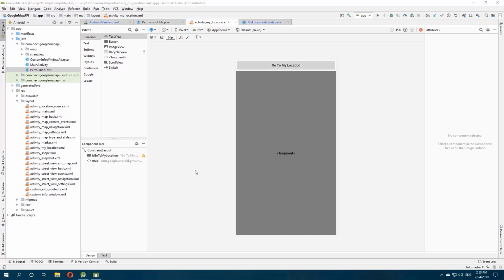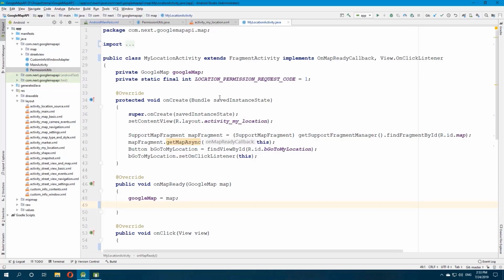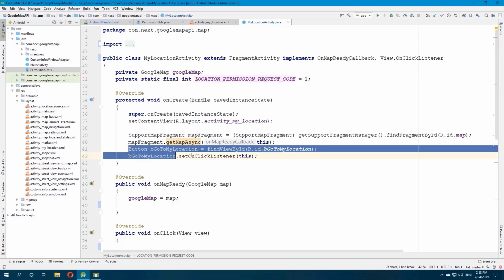In this video, we are going to learn how to get the user's location and show it on the map. I have added a map fragment and a button on the top, and over here I have added a request code, which I am going to explain what this is for. This is for handling permission. And I have gotten the button,